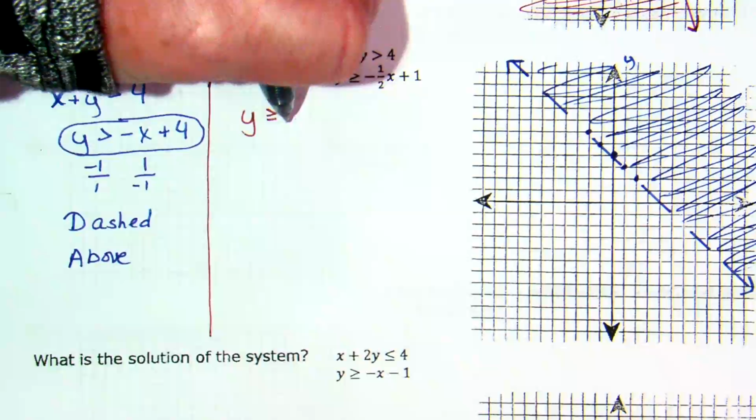Okay. Y greater than or equal to negative 1/2 x plus 1. What do I have to do first? In terms of solving, it's good, right? They actually gave us one that's y equals mx plus b. So, jump right into the graphing, and